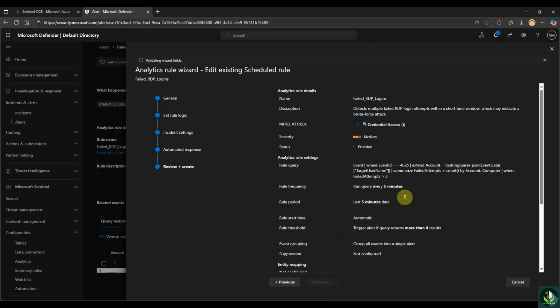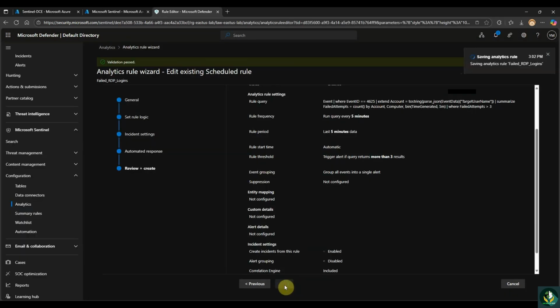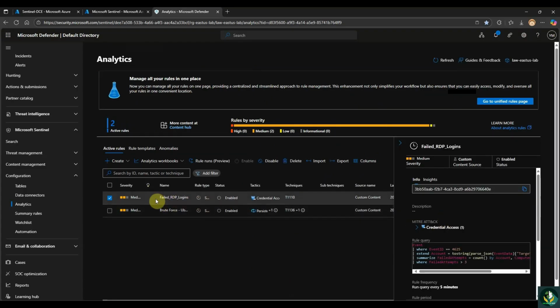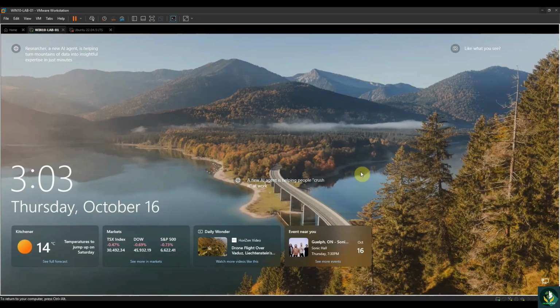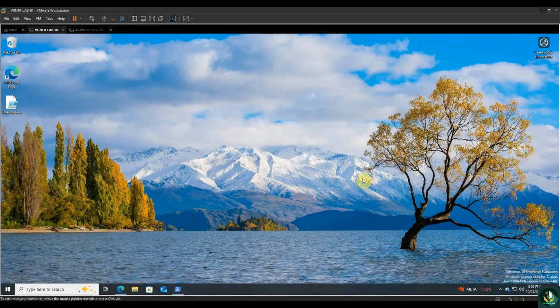Here, review all your settings and everything and click Save. And now we have created our first analytics schedule rule. All right, now head over to the Windows 10 virtual machine and we deliberately enter the wrong password more than 3 times. Now enter the correct password. Let's wait for at least 5 minutes